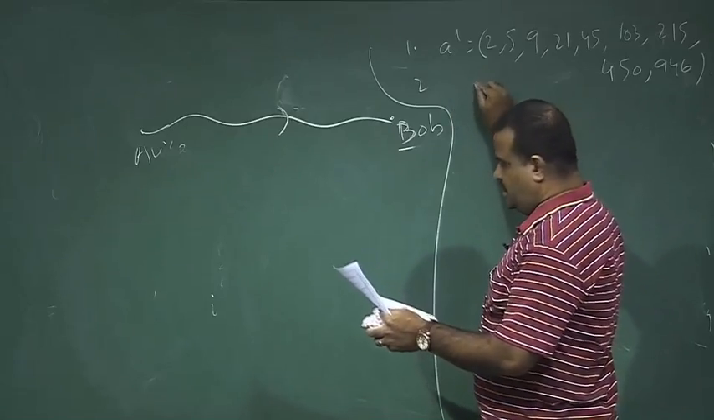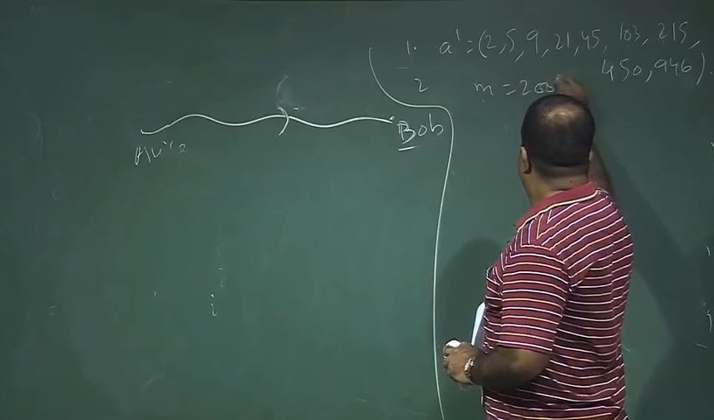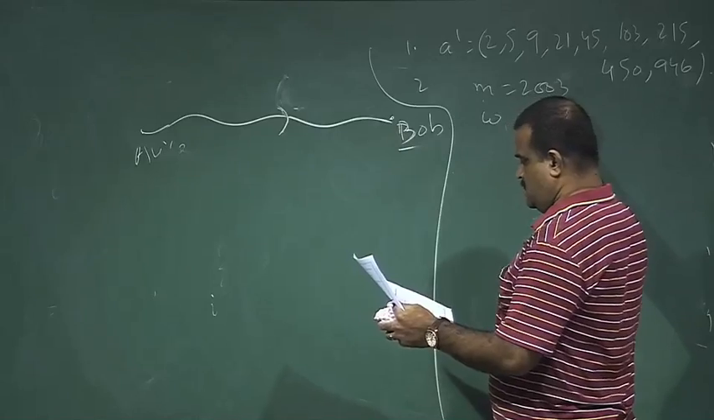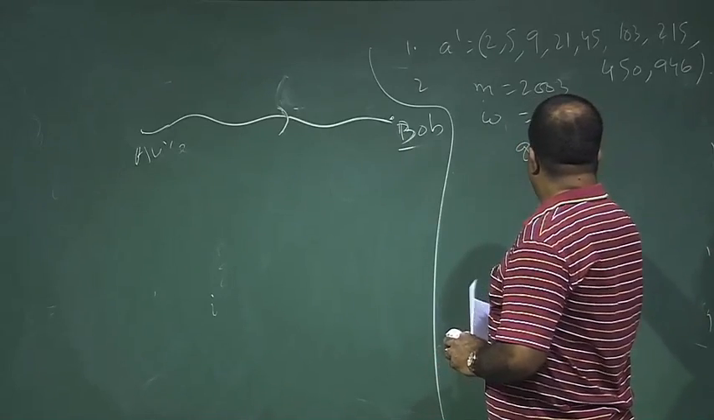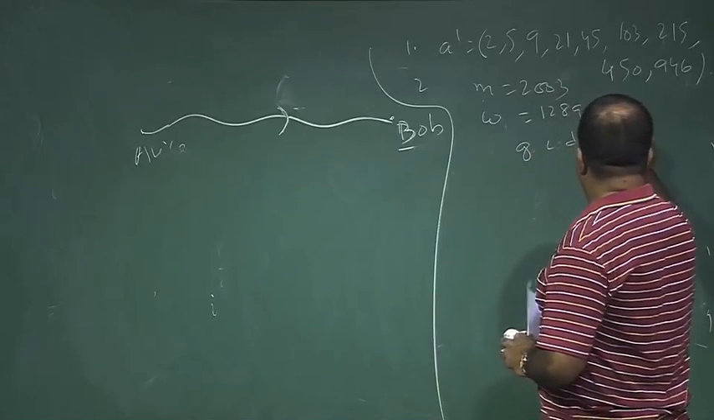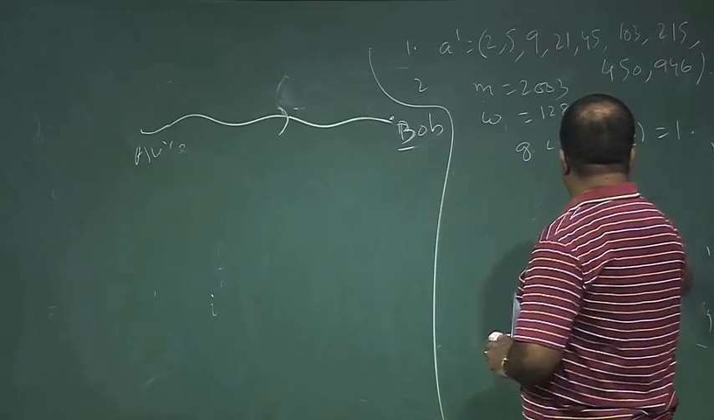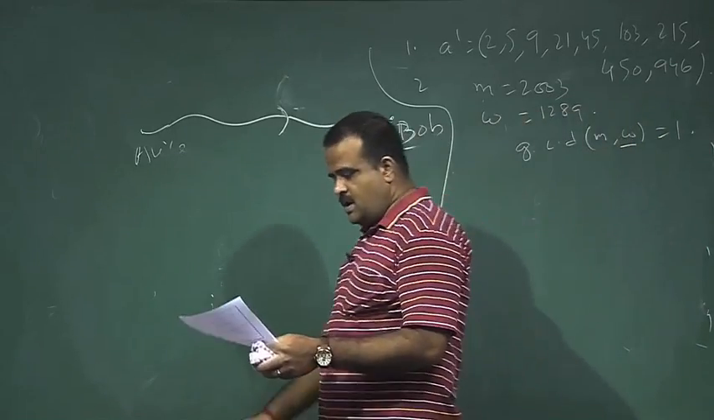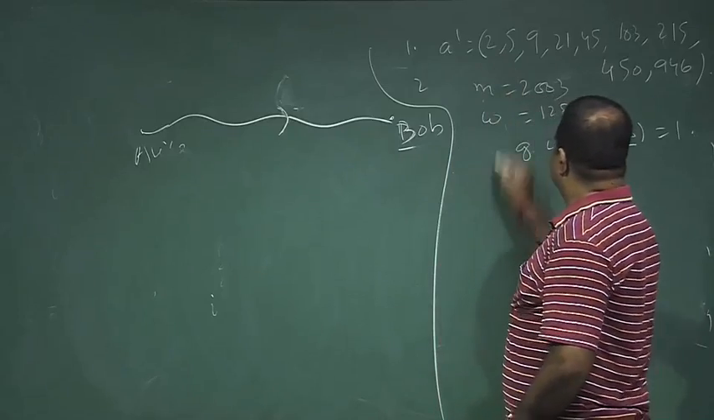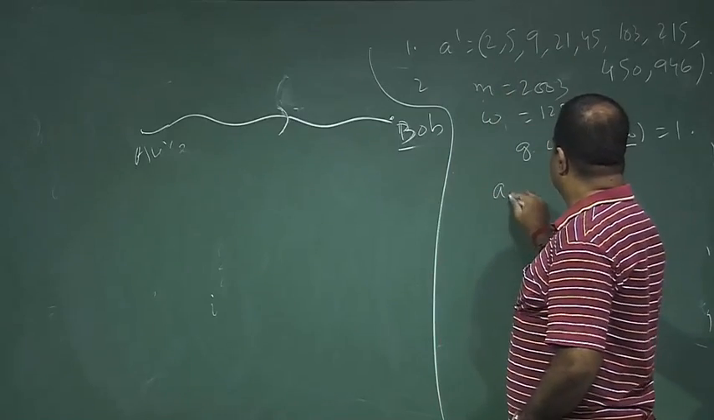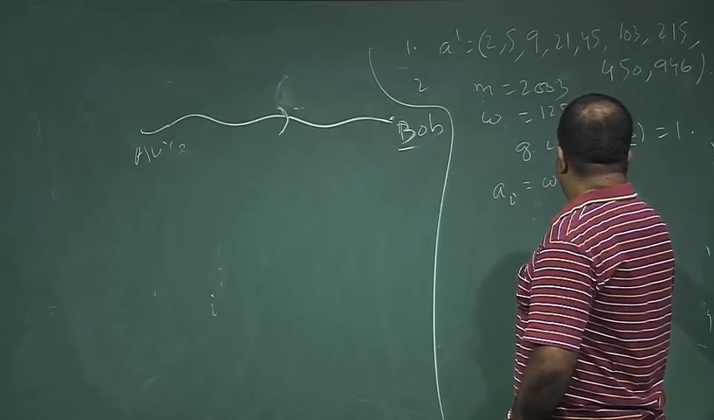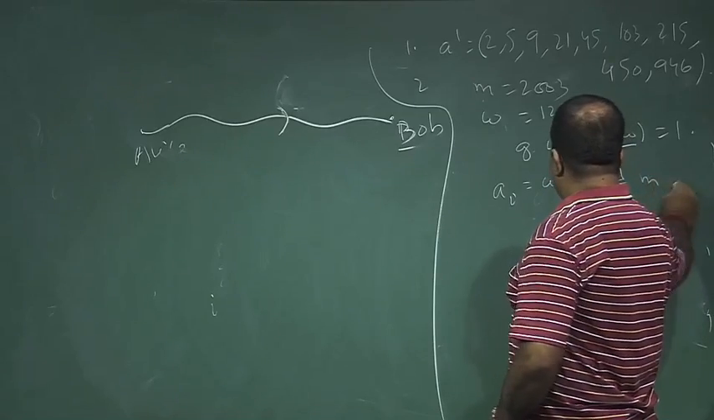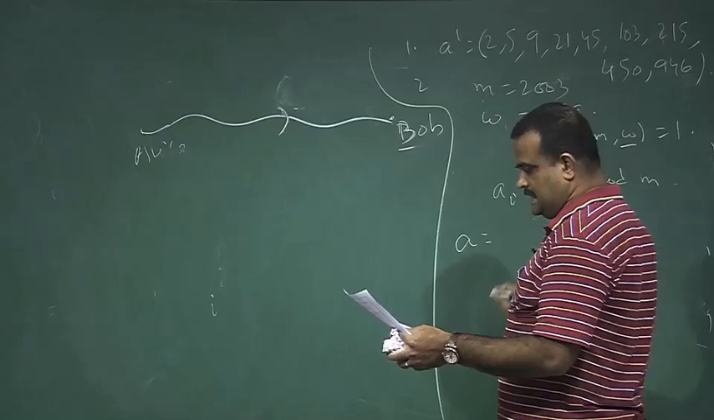And then Bob is choosing M and W, and one can verify that GCD of M and W is 1. That will guarantee that W inverse will exist under mod M. Okay. Then we can multiply these ai primes, so we can just compute W ai prime mod M. If you do that, then we get the A vector as